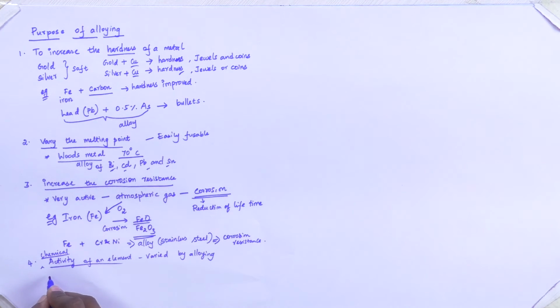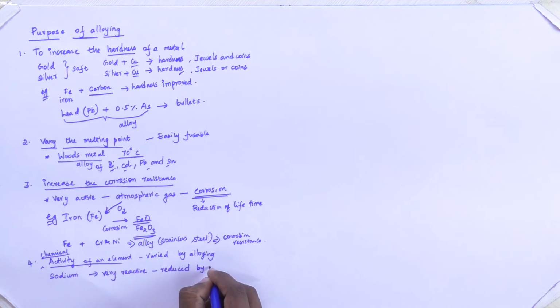We have, for example, sodium. So this is a very active, very reactive metal. So sodium is very reactive, so it reacts with any other gas or with water vigorously, so that it will cause several damages. So in this case, the reactivity of sodium is reduced